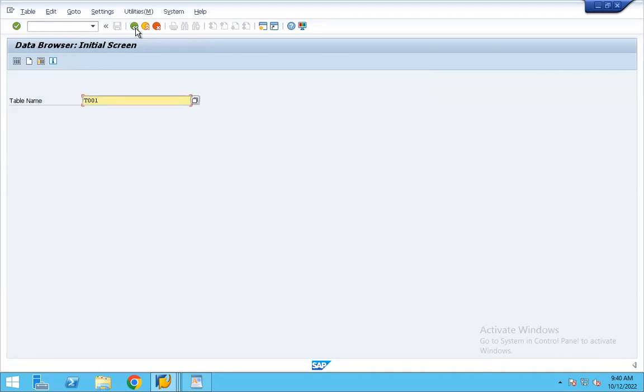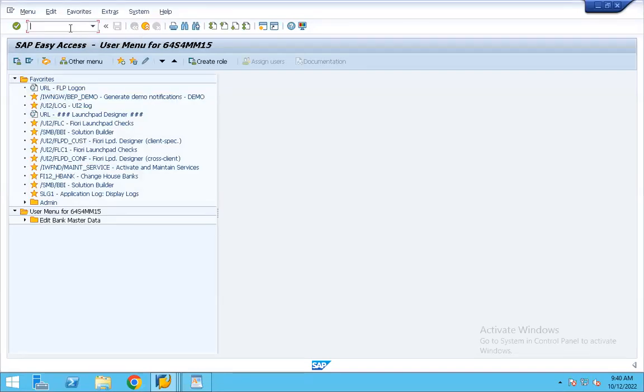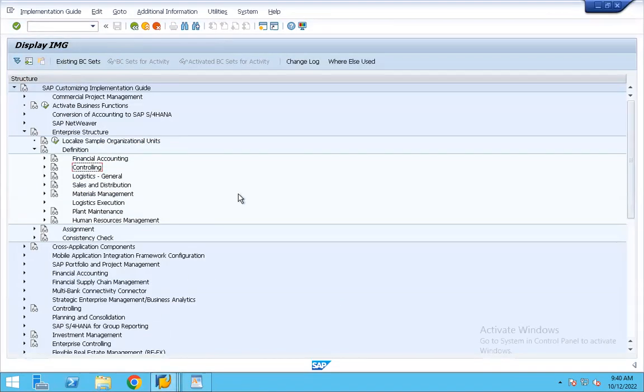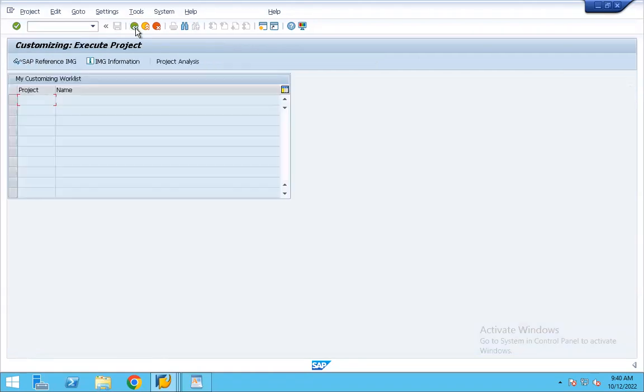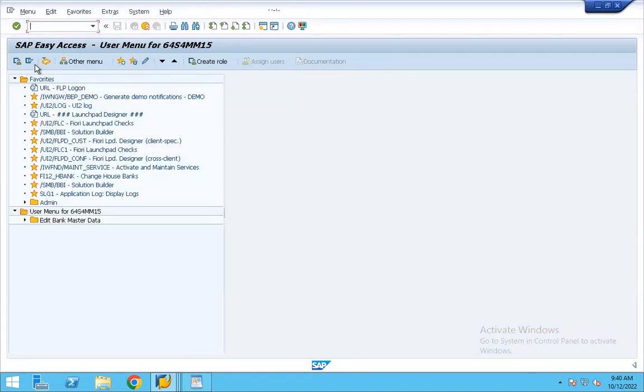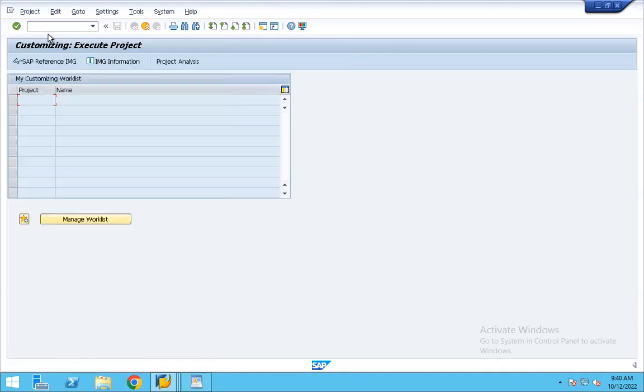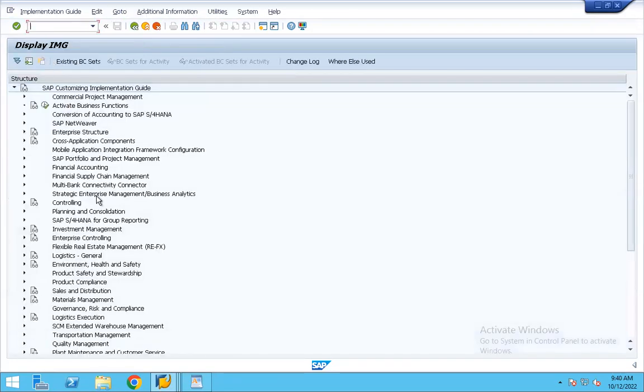Rajesh sir, there may be some confusion for other people, maybe they don't know what actually the T code and SPRO are. Maybe you can tell them what actually the path to the T code is. Okay, actually a T code is a transaction code to display a table. In SAP, everything we learn is with reference to the T code only. Let me just come out of this screen. This is the SAP Easy Access menu, and I am typing the T code SPRO. Hit enter, click on SAP Reference IMG. So this is how the system allows me to go into the configuration screen.